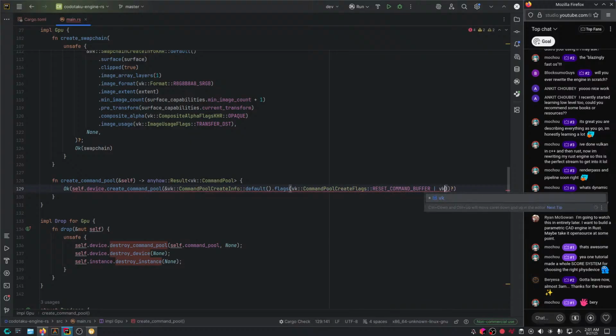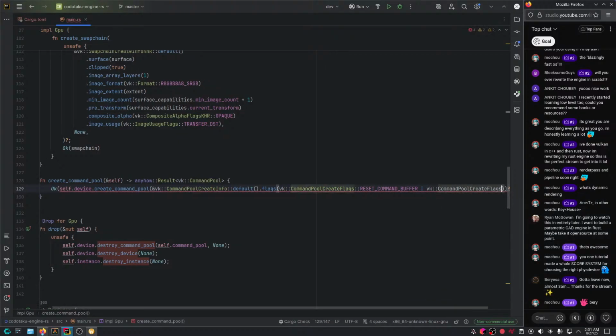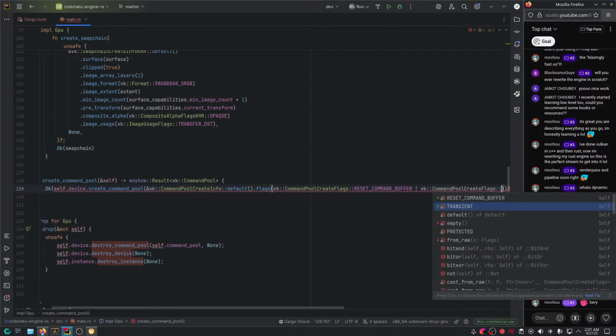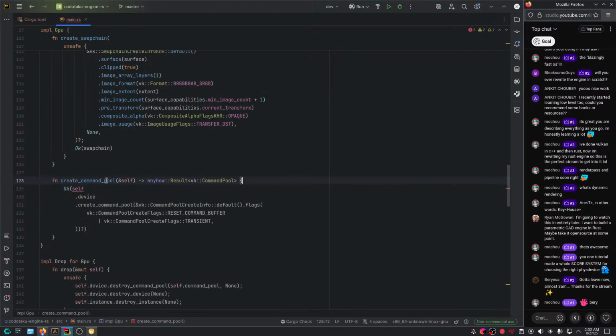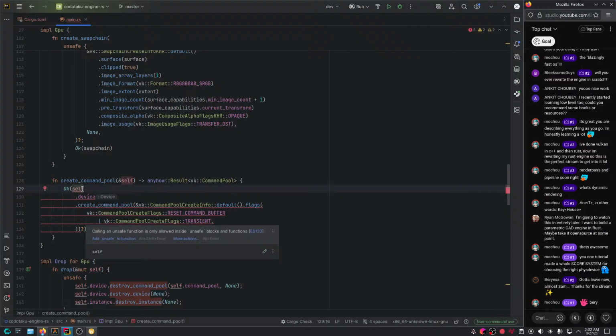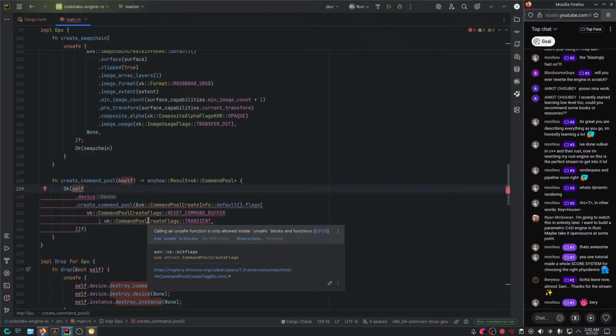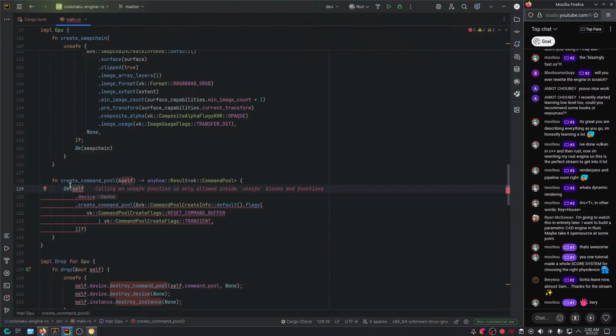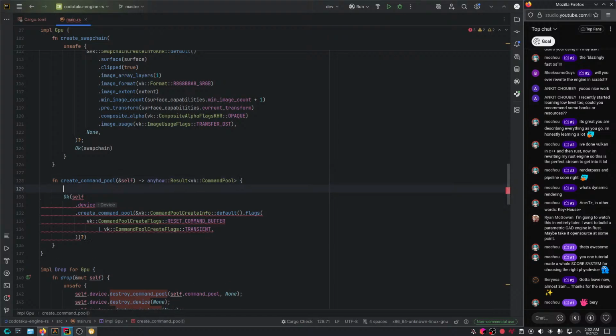This is the first thing, and the second thing, we're gonna set this to, for now at least, transient, which means that these command buffers wouldn't stay for too long. They're just, you know, record and start again and so on, I believe. But yeah, this is kind of like just a hint to the driver to optimize some stuff, but other than that, it's fine. Now let's just say unsafe,